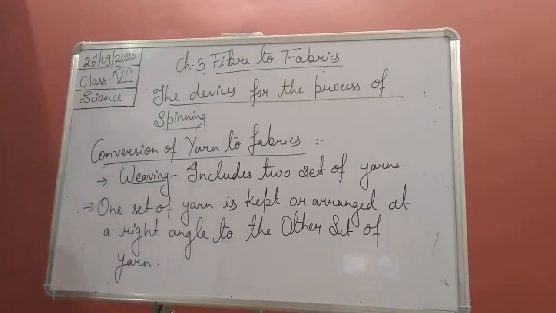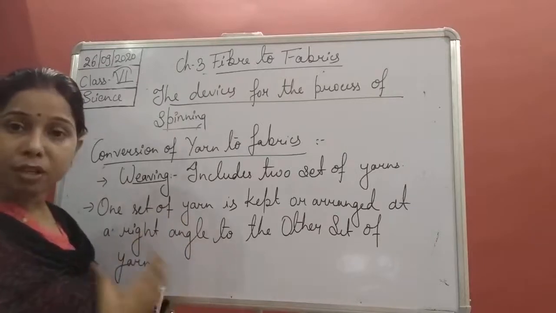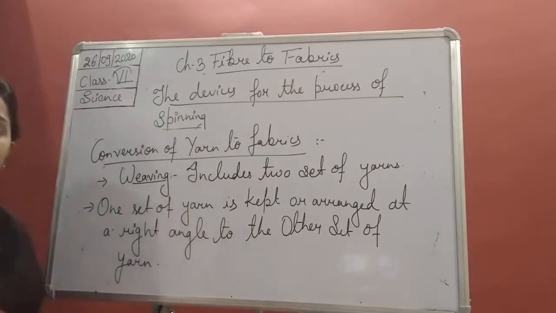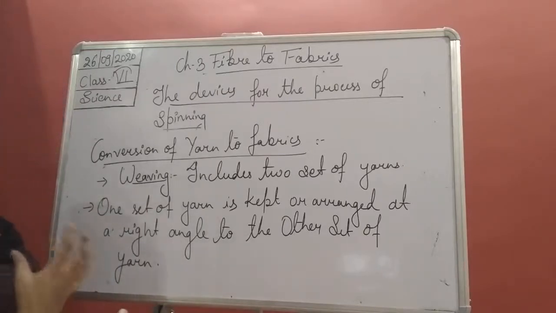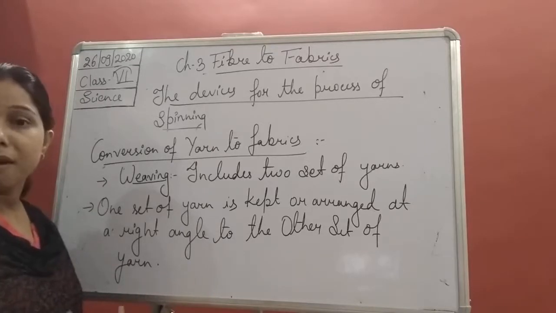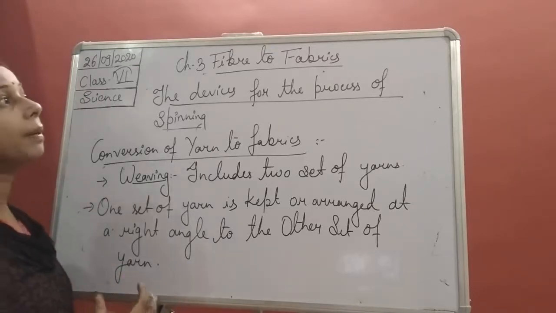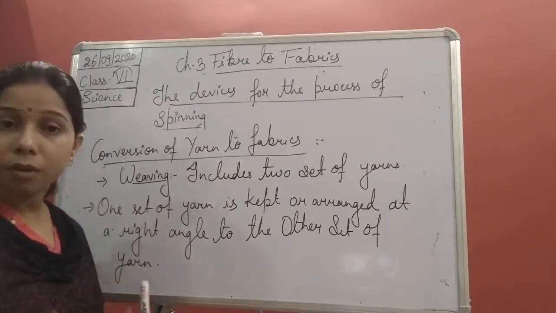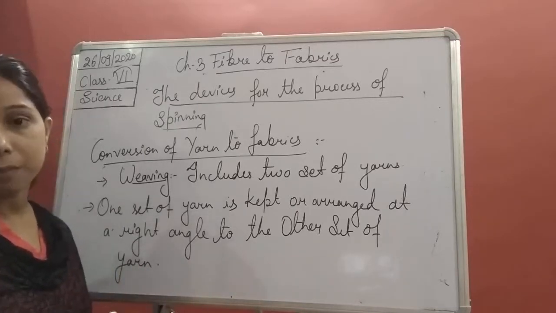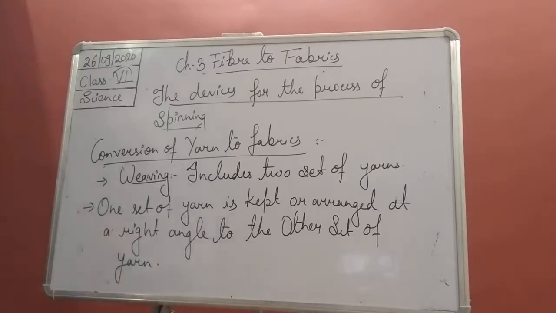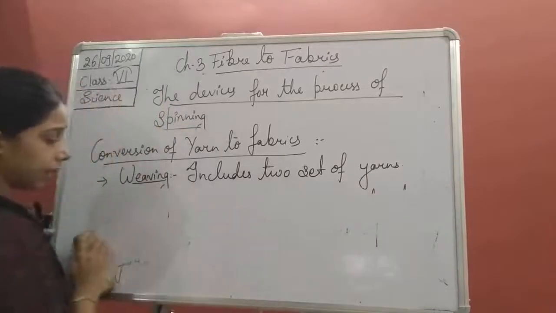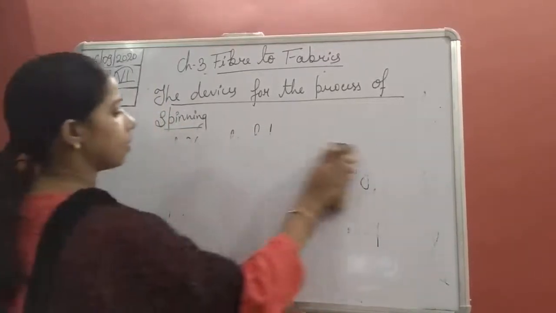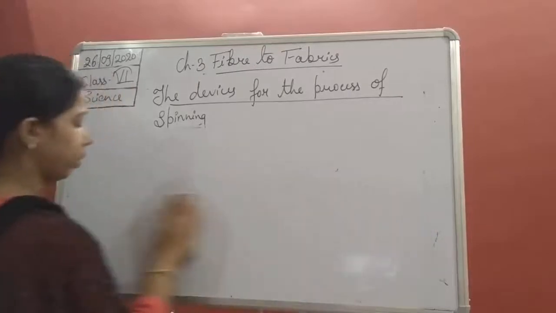Now basically weaving involves the formation of the fabric, and the formation of the fabric is done with the help of the loom. Loom is what, student? It is a device with the help of which you can make the fabric. In Hindi we use a term for it that is known as kargha. So we can write that the weaving is done by a device that is known as a loom.